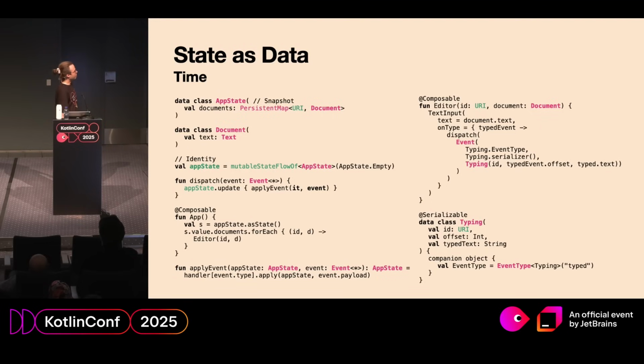We have perception. We have a composable function that displays the UI. That is somebody who lags behind. If we update the state and a frame is being currently composed, we don't need to interfere with them, and they will eventually catch up with us. So this is our reader. Our process is when we dispatch an event. That updates the state. So that is independent from composition logic and happens concurrently.